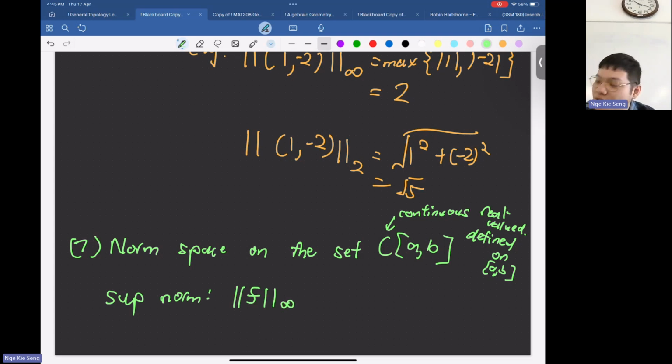And how on earth do you measure a function? How many characters does a function have? Why would a function have characters? Where does a function have characters? How does a piecewise function have characters? Okay, so we'll define it